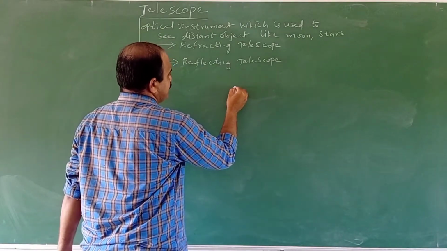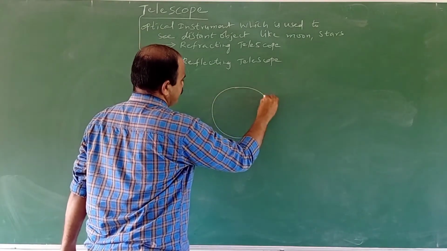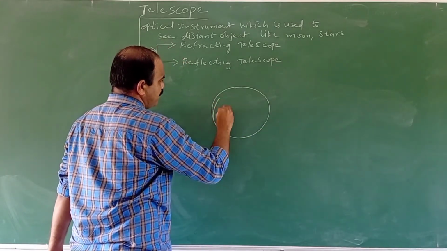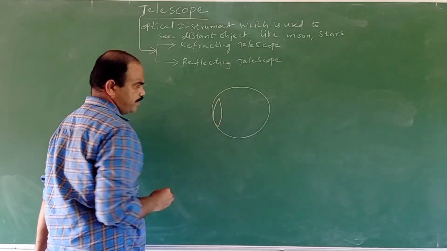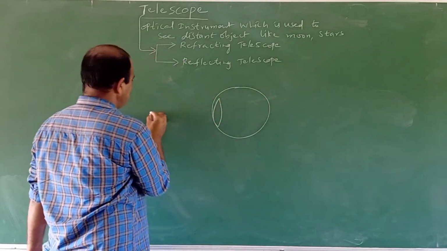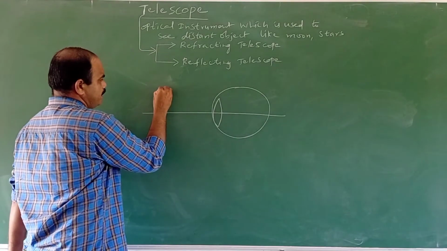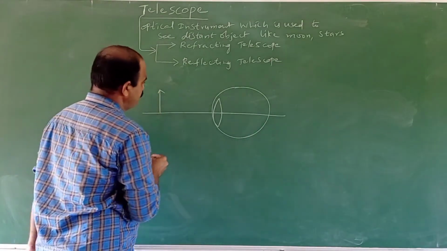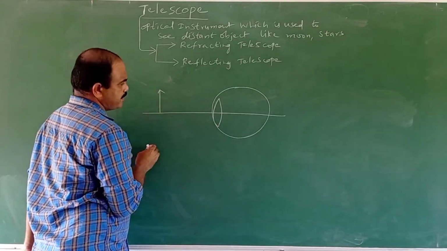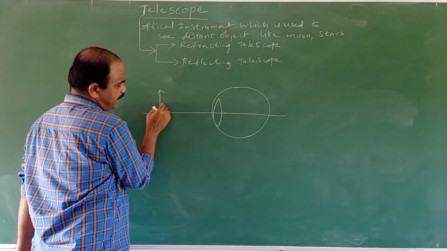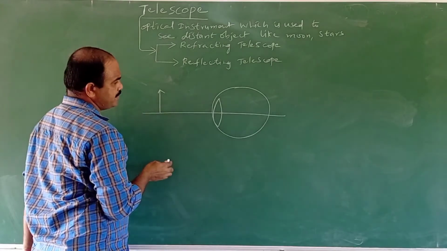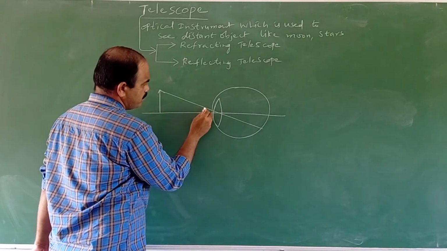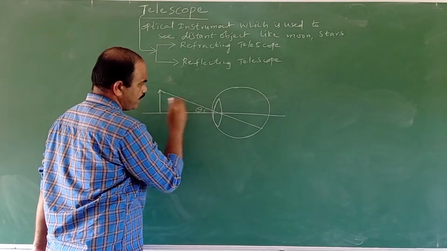Let us consider this is the human eye or eyeball. Now let us consider this is the convex eye lens of the human eye, and this is the retina. Now consider this is an object of certain height, at a certain distance. Then it will make some angle at our eye. That angle is called the visual angle.